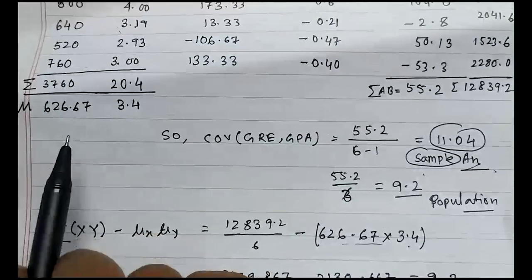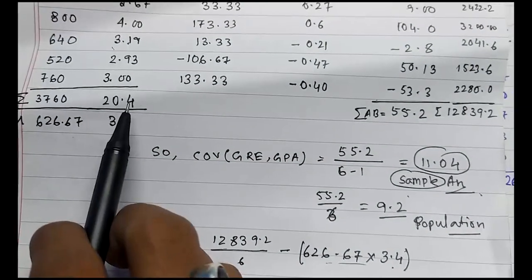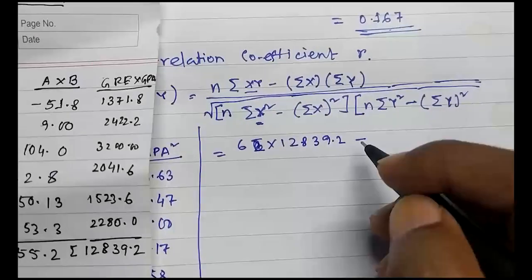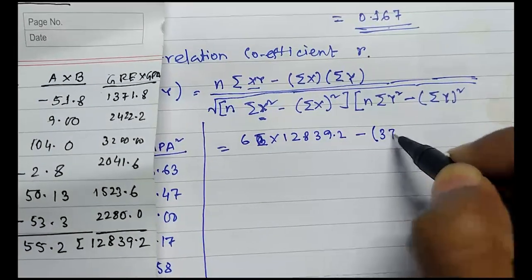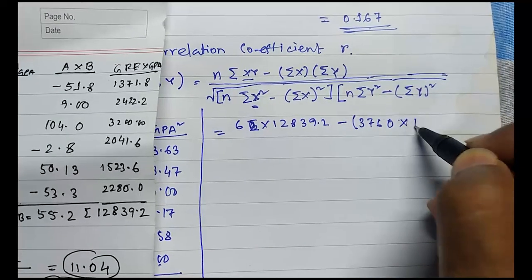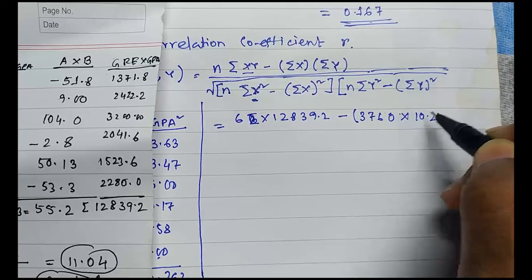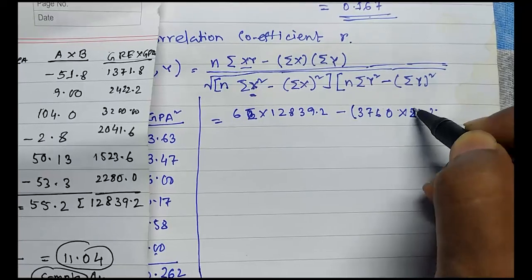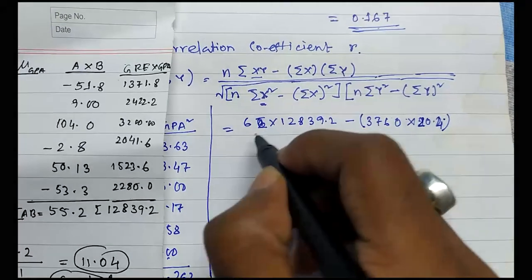We had already calculated these values: summation of x is 3760 and summation of y is 20.4. So 3760 into 20.4, divided by